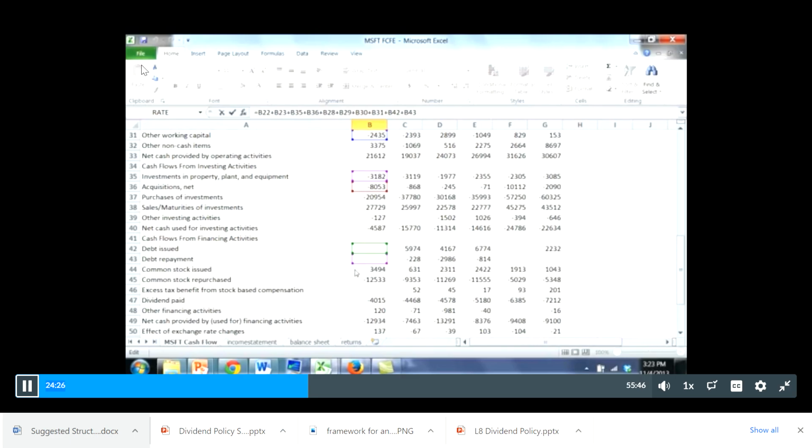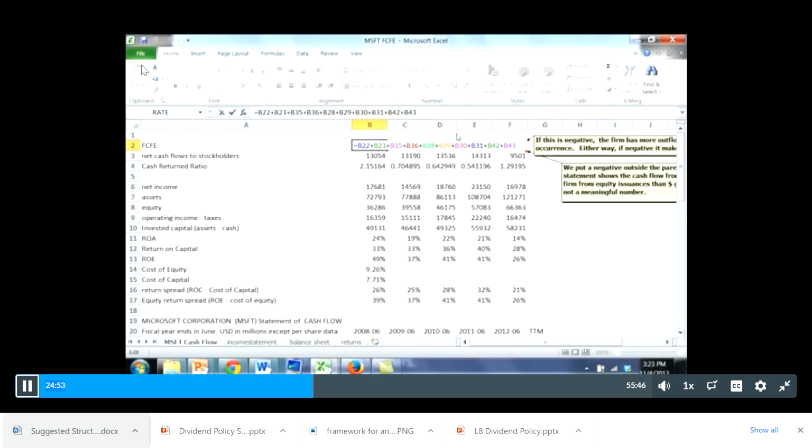And then I'm also going to add debt issued, right? That would be bonds that the firm is selling, or bank debt that the firm is accessing, and also debt repayment. Notice that that's going to be a negative number, right? It will go in as a negative number, so I don't have to put in a negative. I'm still just adding everything. And so that takes care of my free cash flow to equity equation.